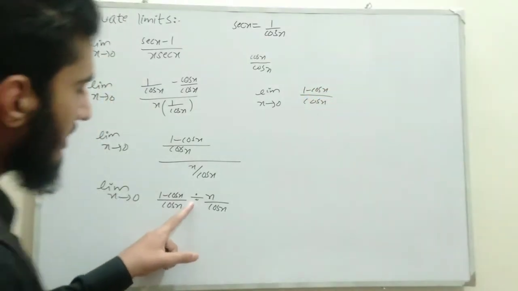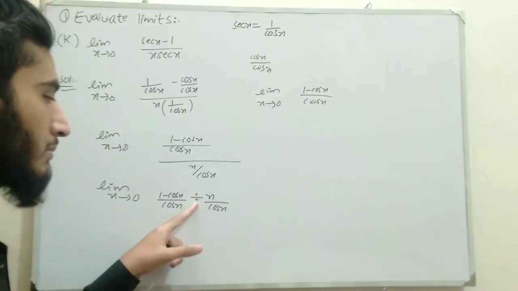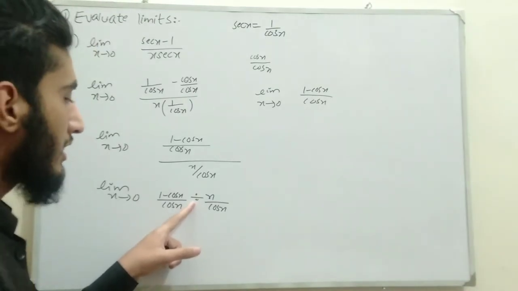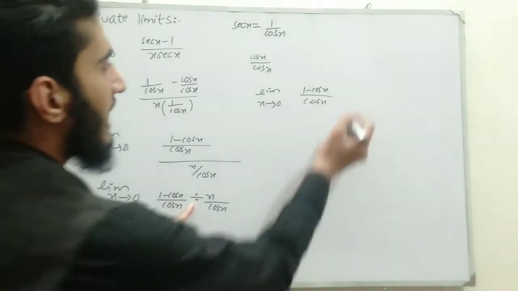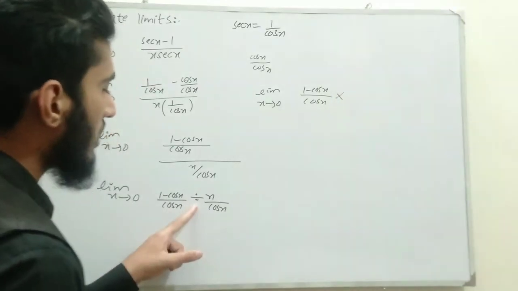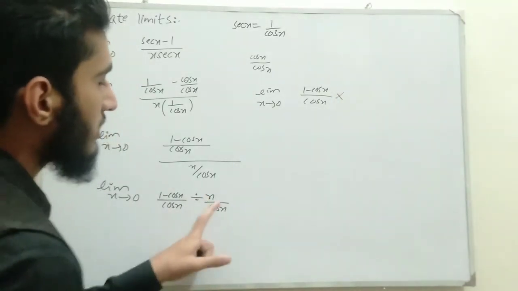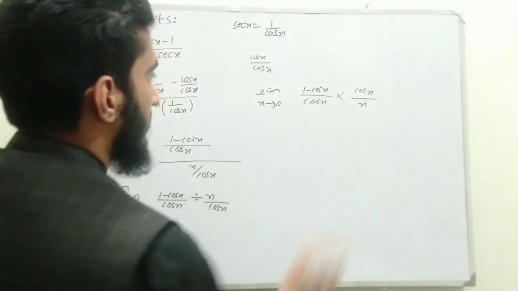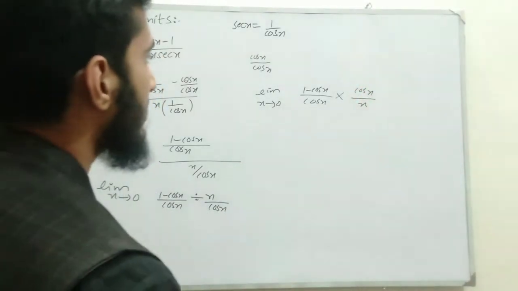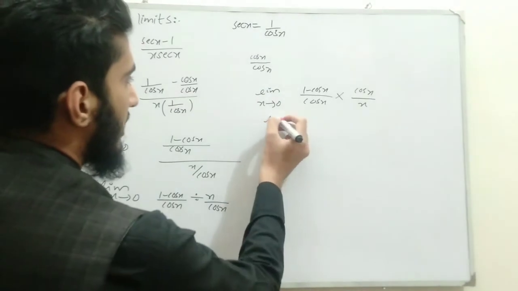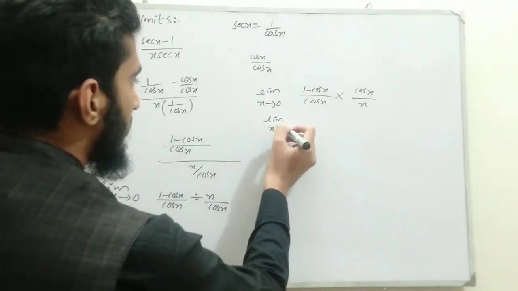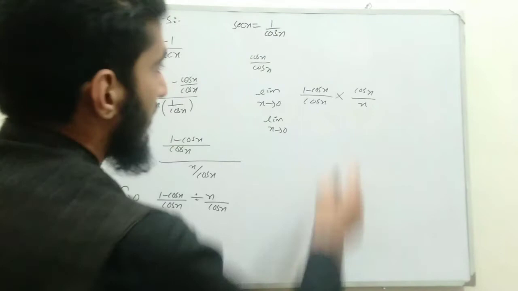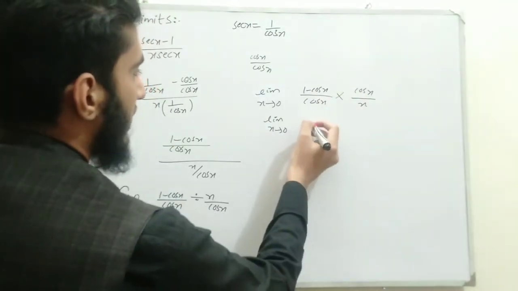Remember, in mathematics, a division is cancelled by bringing in a multiply sign. So when the multiply sign comes over here, this x divided by cos x will be reciprocated. It becomes cos x divided by x. So after this it becomes limit x approaches 0. Multiply cos x with 1, it gives us cos x.